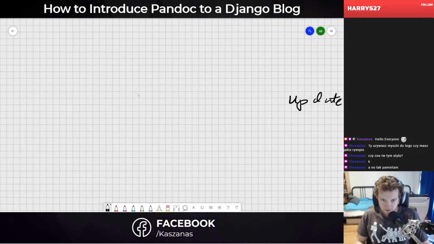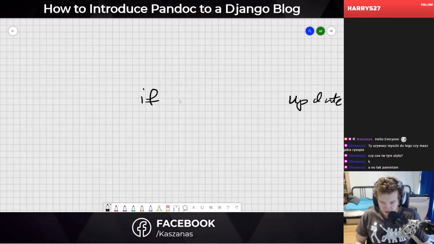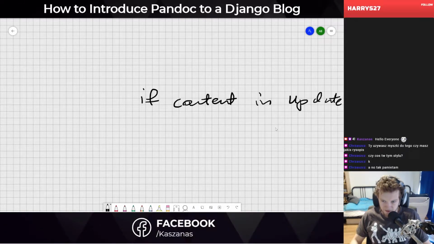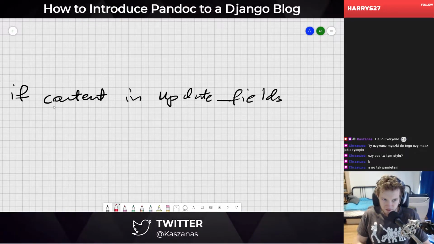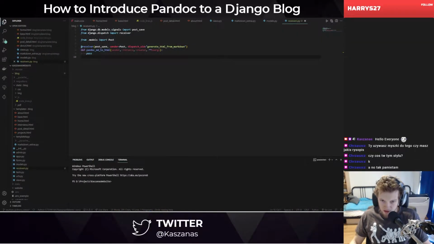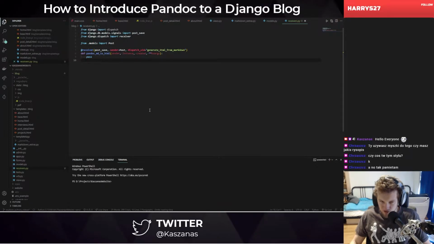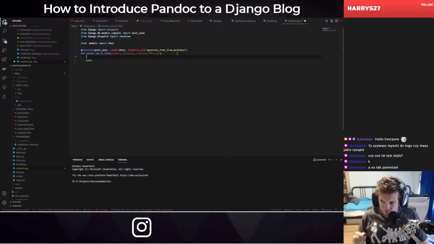So this would be if content in update fields, right? So if we have content in the updated fields, then we want to fire up the Pandoc processing. But this is not the case. I want to do the simple stuff for now. So what we have to do is to